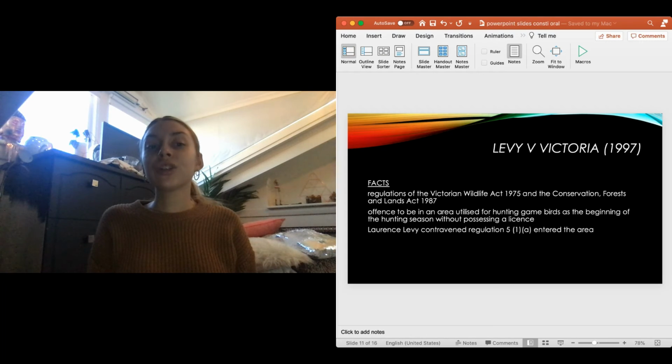Under the regulations of the Victorian Wildlife Act 1975 and the Conservation, Forests and Lands Act 1987, it was an offence to be in an area utilised for hunting game birds at the beginning of the hunting season without possessing a licence. Lawrence Levy, an opponent to duck shooting in Victoria, contravened regulation 5(1)(a) and entered the